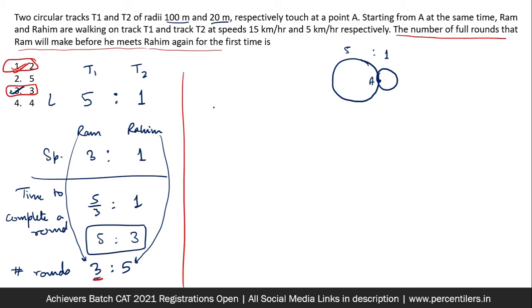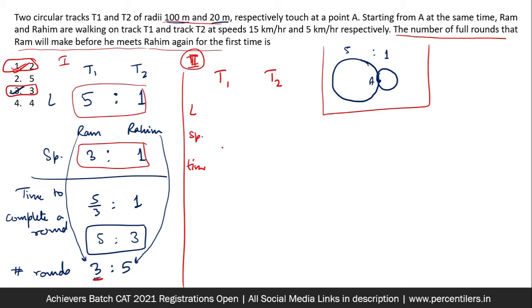This is a method, but I'll not keep some of you or maybe a lot of you in despair by just imposing this ratio method on you. So what I'm going to do is tell you one more method that I suppose will be understandable by everybody. In the second method, I'll not be directly dealing with the ratio, but will assume numbers for everything. So now the numbers are already given, but what I'll do so that the fractions are not made and you don't have to deal with the